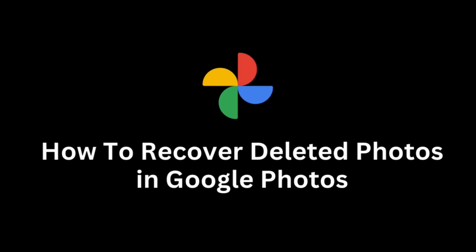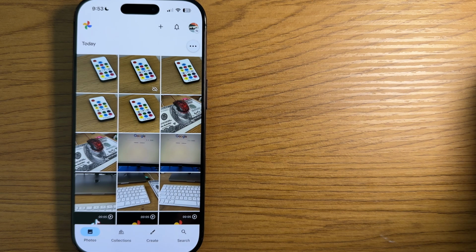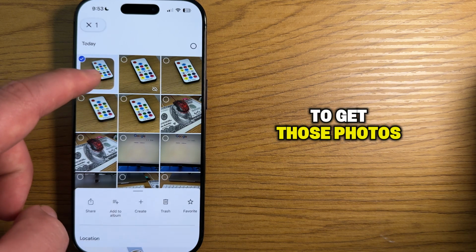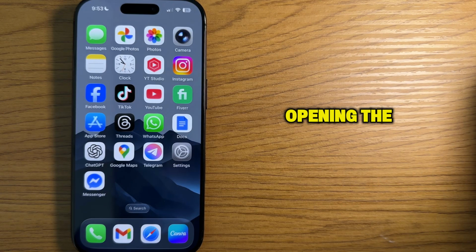Did you accidentally delete an important photo or multiple photos from the Google Photos application and you now need to get those photos back? I'll show you how to recover them, and let's start by opening the Google Photos app